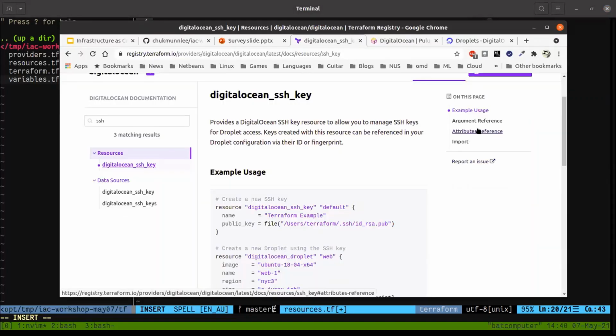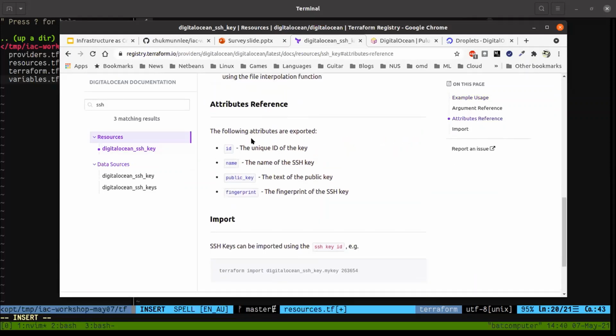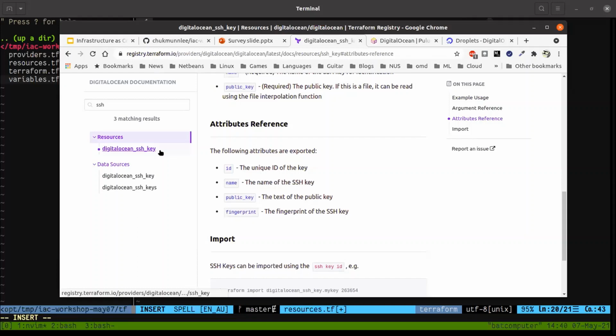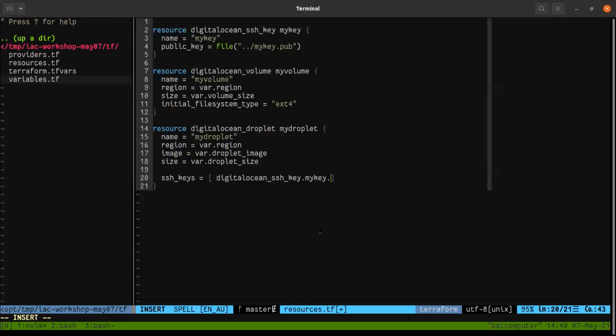Attributes are the values that you get from the resource after Terraform has provisioned it. So in the SSH key attributes, one is the fingerprint. If you want the public key, this is the attribute. If you want the fingerprint, this is the attribute. So you just go fingerprint like that.